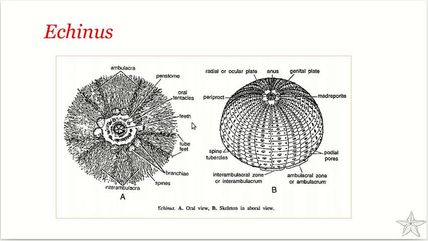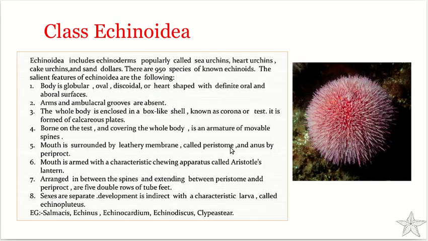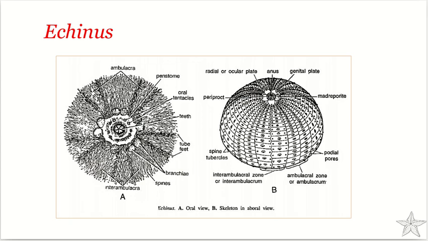Here you can find, okay, yeah, these are the calcareous plates which form the test. Yeah, so here the skeleton consists of 10 sets of closely fitting plates that arch between the oral and aboral ends. So each of these are the plates, and these are arch shaped, extending from the aboral surface with the anus, which you can see here, to the oral surface on the other side. So these plates arch between the oral and aboral surfaces.